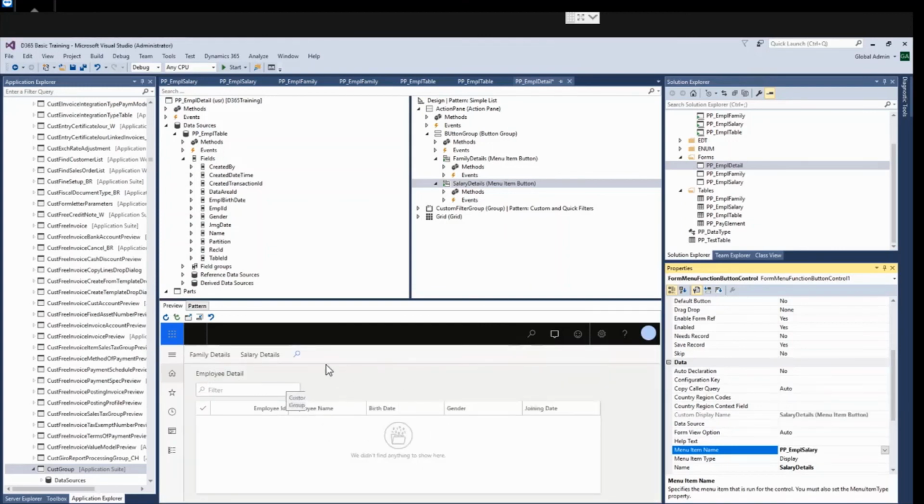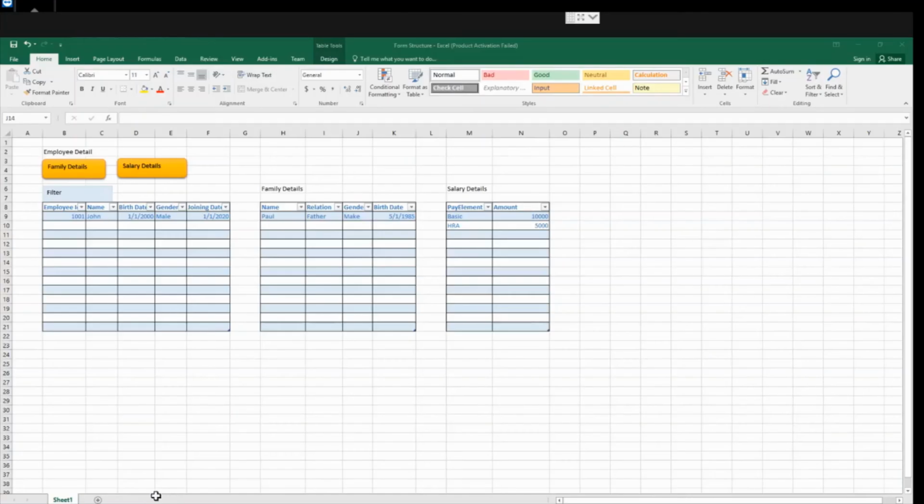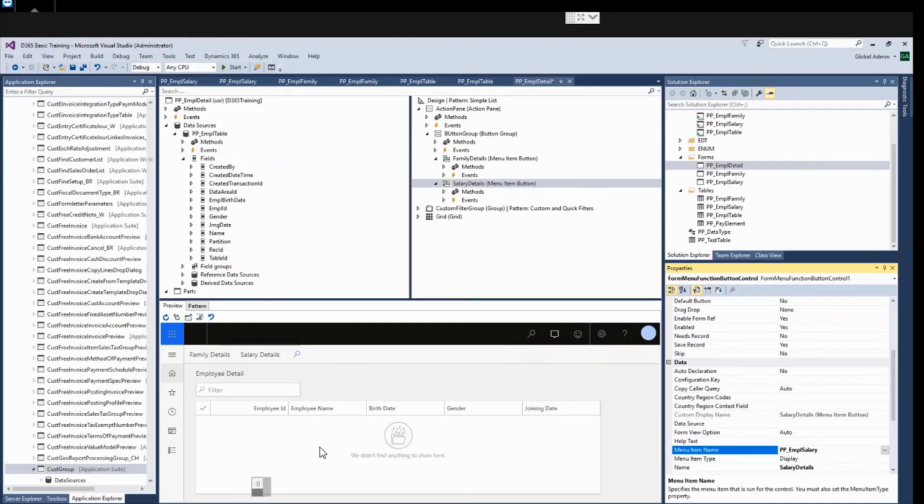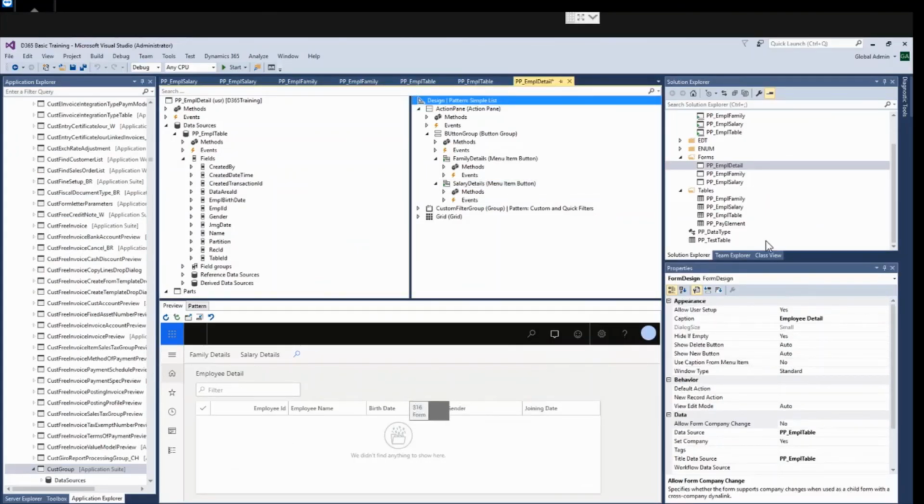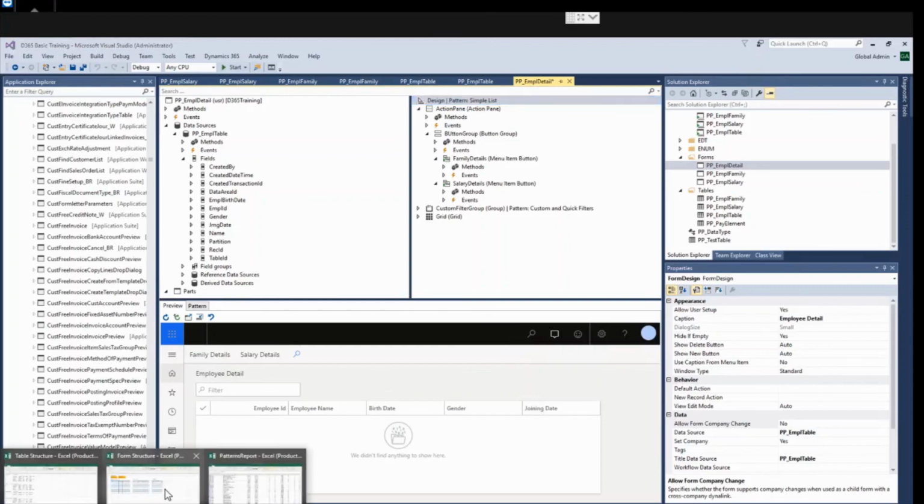See, now our desired layout is completed. You can see this and this is now almost similar. So we have finished the form development. Today we created 3 forms, 3 menu item. We have seen how to attach menu item to the menu item button. So our desired layout is completed.